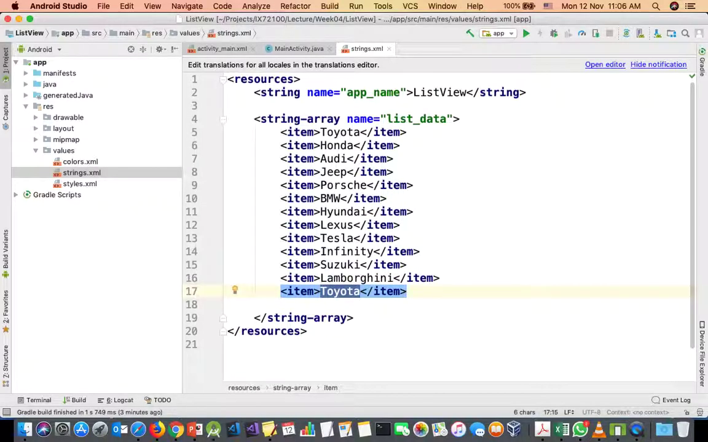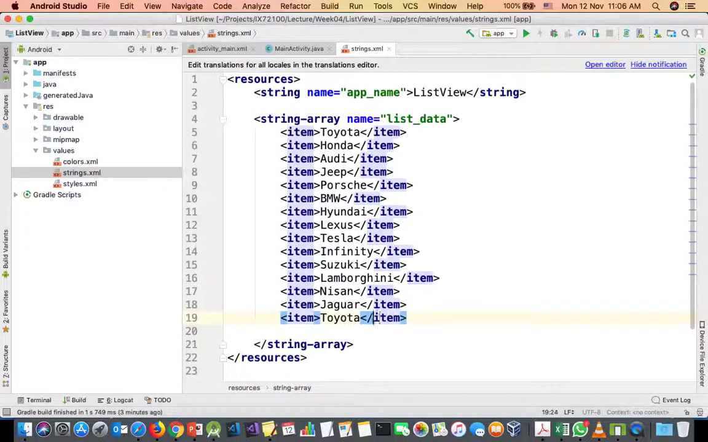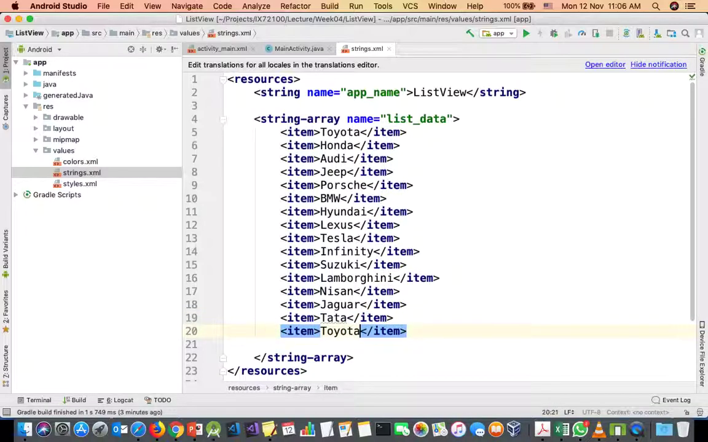What else? Nissan, Jaguar. What else? Tata, Volvo. Okay, I think let's keep it like that. Okay, and what I will do again here,